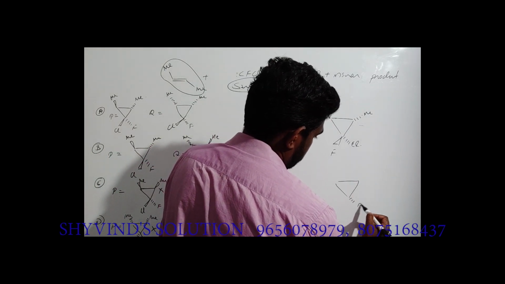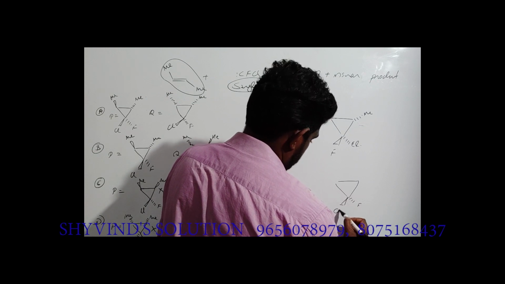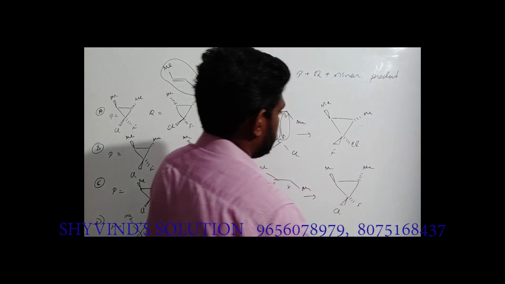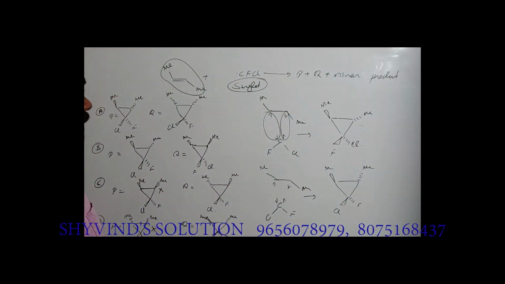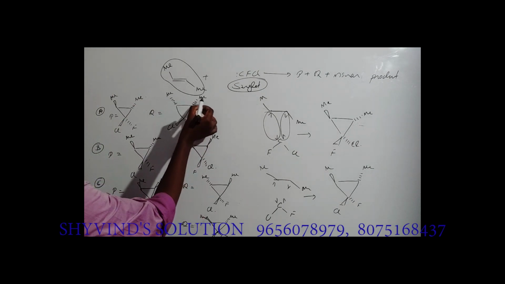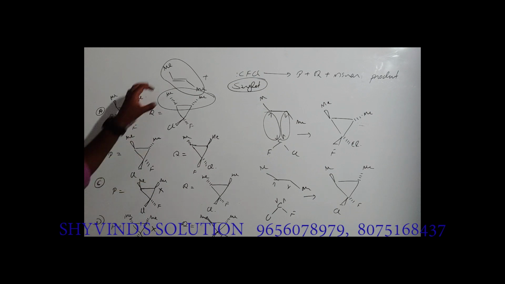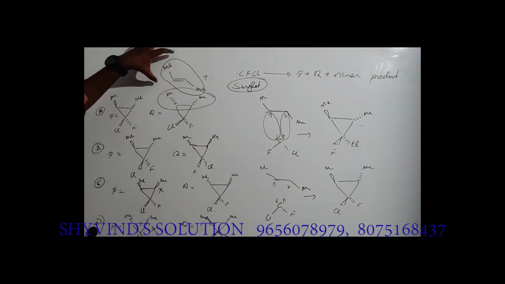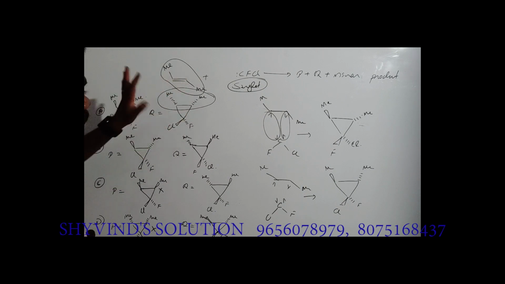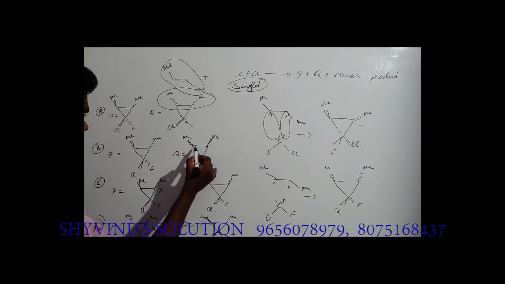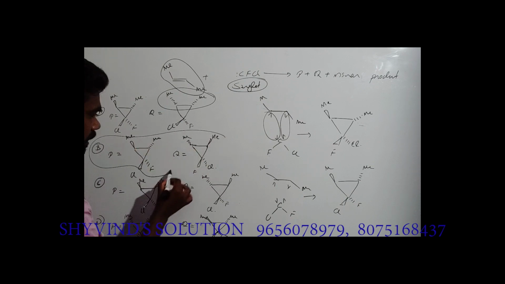Okay, Fe, F, Cl, Me, Me. Okay, these are the two products possible. So it is given in the option, you can see it here. In this option, you can see the stereochemistry of Me is opposite here. So if the reactant Me groups are trans, in the product also it should be trans. That's only given here in this option B. So this is the correct answer.